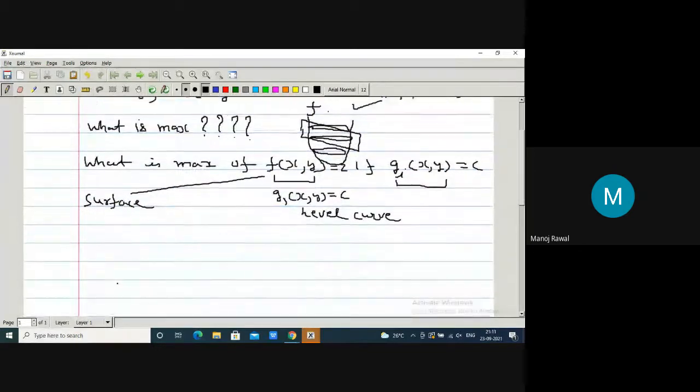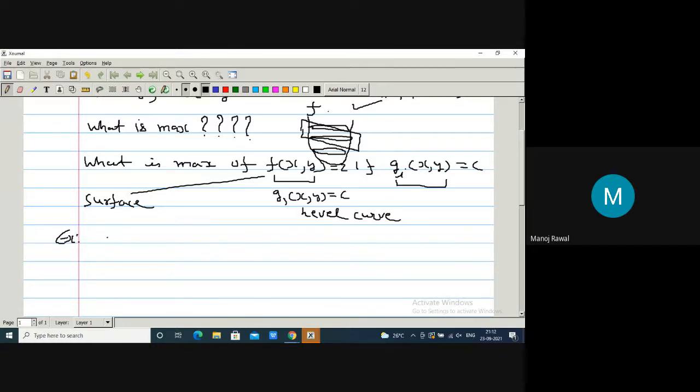We will be discussing a nice geometry of this method, and either you will get maxima or minima. But before that, can we do a constraint problem without the Lagrange method? Yes, by direct substitution it can be done. Let's see one question first before discussing geometry. This is easy.